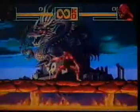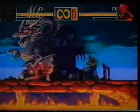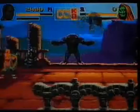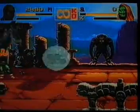Basketball stars are cropping up in the most unlikely of places these days. Here's Shaquille O'Neal, featuring in the world's first beat-em-up featuring an NBA superstar. It's called Shaq Fu, and it's for the Mega Drive and SNES. The huge Shaquille performed his own martial arts stunts for digitising into the game, so imagine a kick from a